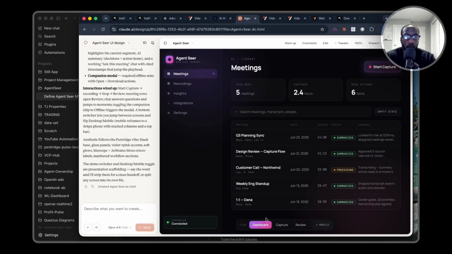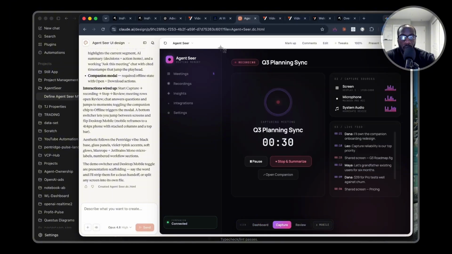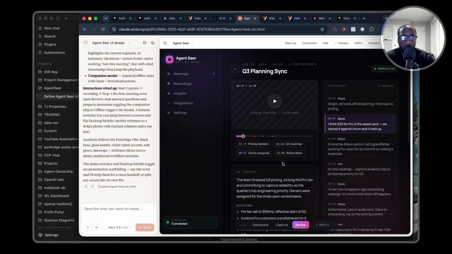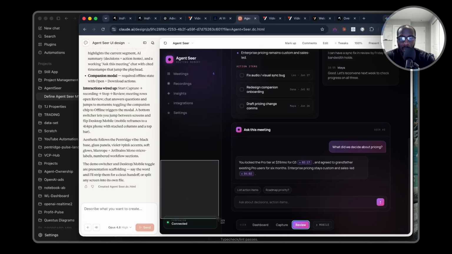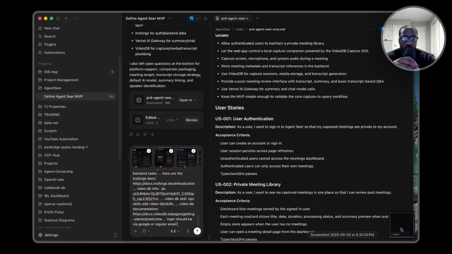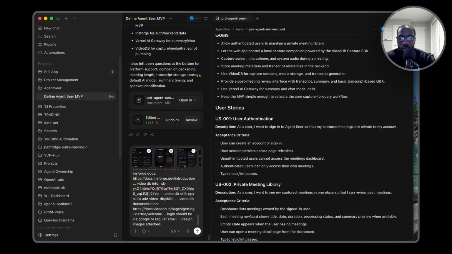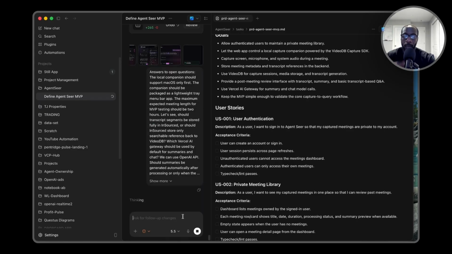So let's go. I'm gonna paste this in, and then paste this in for the design. Then I'm not really liking the left side of the dashboard, so we'll see what it comes up with. Design images attached. Let's say again, we will need a logo, but this should be enough for us to go. Update the PRD. So we'll update the PRD and then we'll change the reasoning level to extra high, and then